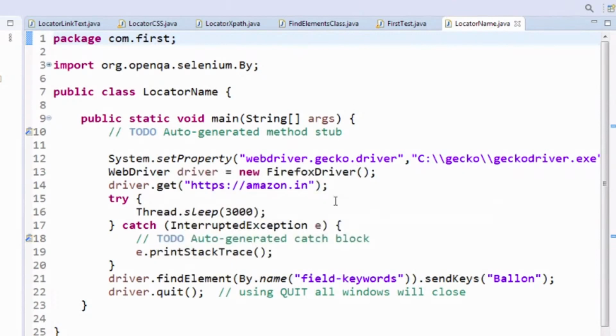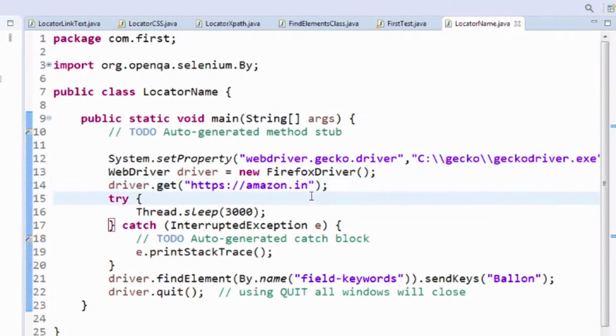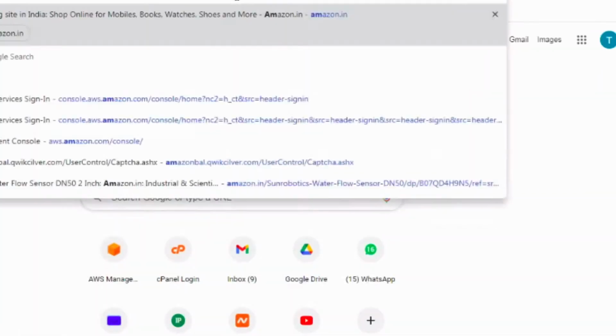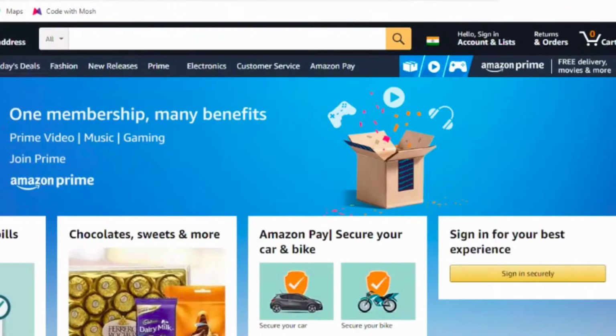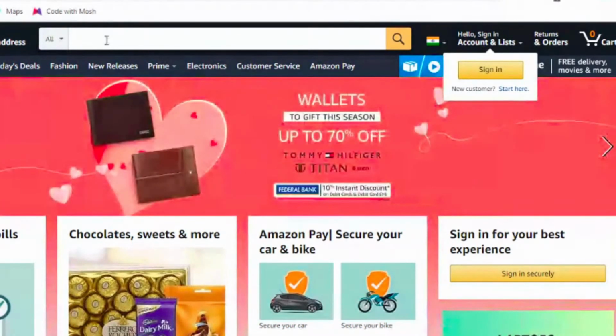In this use case, I am opening Amazon.in. And after opening Amazon.in, I'm clicking on the search field at the top. Let me show this. I'm opening Amazon.in, and after opening this Amazon site, I'm clicking on this search field.